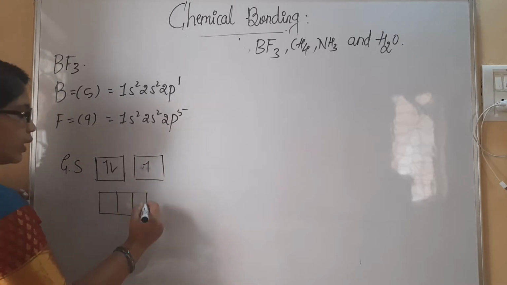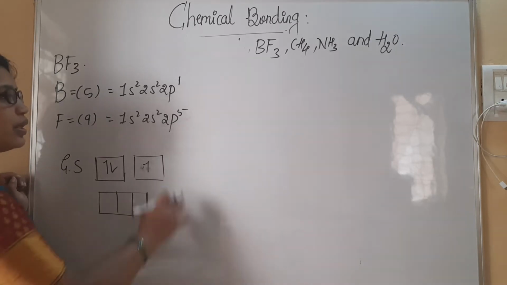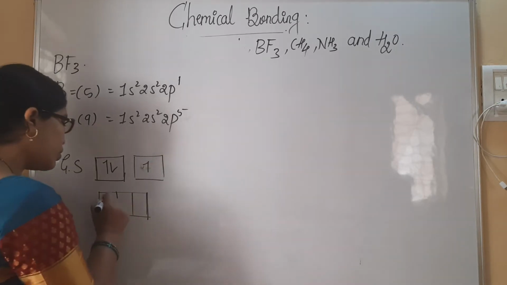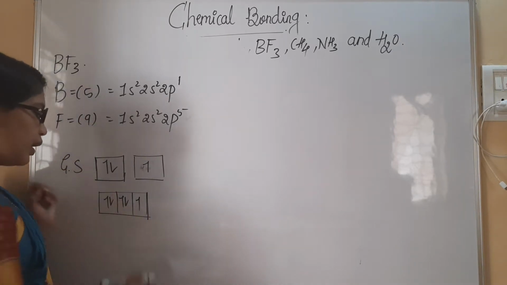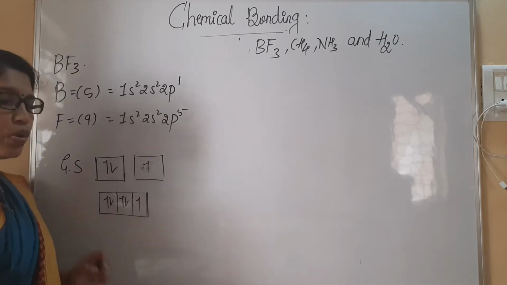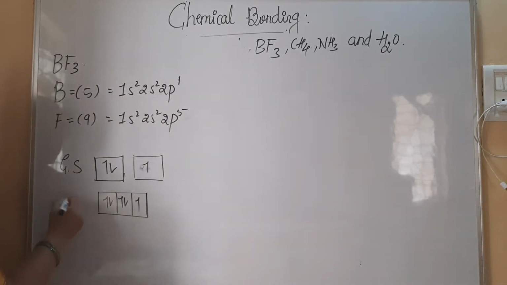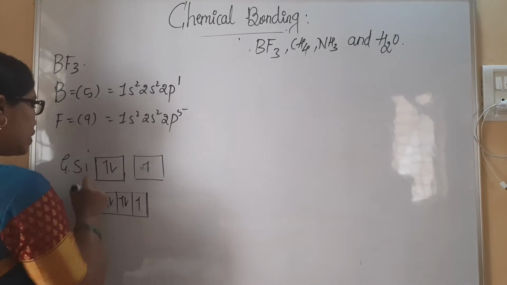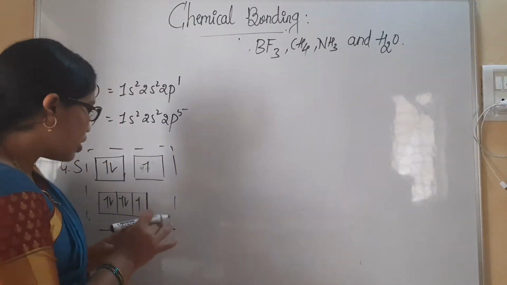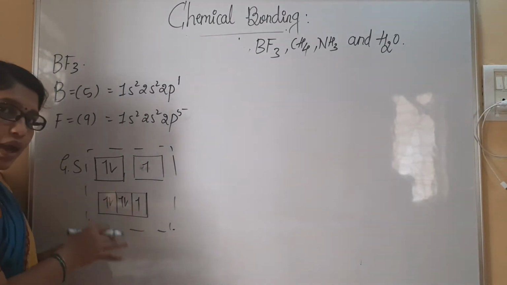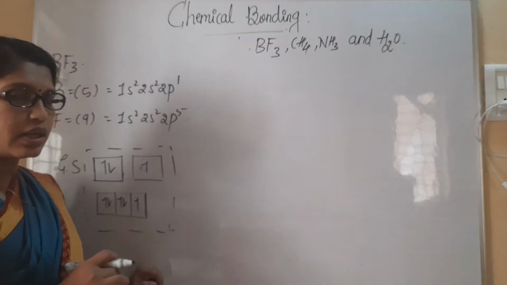Okay. Now let us substitute the outer shell electrons. Particularly, let us consider electrons of p orbital 1, 2, 3, 4 and 5. Fine. So one electron seems to be a single electron. Now we go for what? The hybridization process. So these orbitals will be intermixed with each other. The orbitals of fluorine and the orbitals of boron are going to be intermixed with each other and they will form